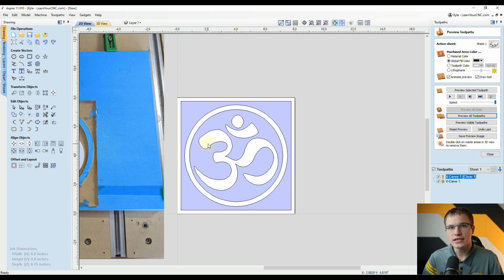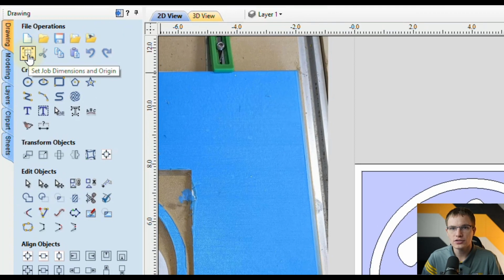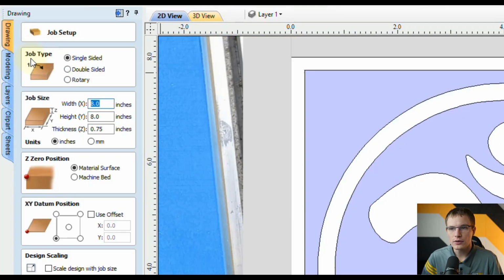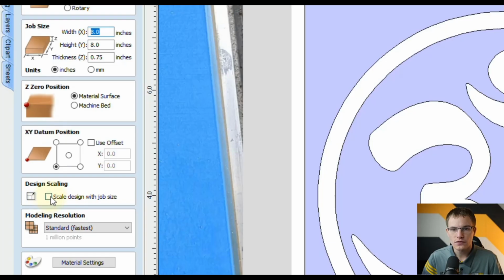So there is a way to scale the project and the design all at the same time. And that's by going to this button right here where it says Set Job Dimensions and Origin. That will take you back to the job setup screen. And one major difference from when you first start a project is this added button down here where it says Design Scaling. And you can see it says Scale Design with Job Size. So if you turn that option on, now when you change the size, it's going to scale the design with it. So you could see if I type in 12 right here for the width,